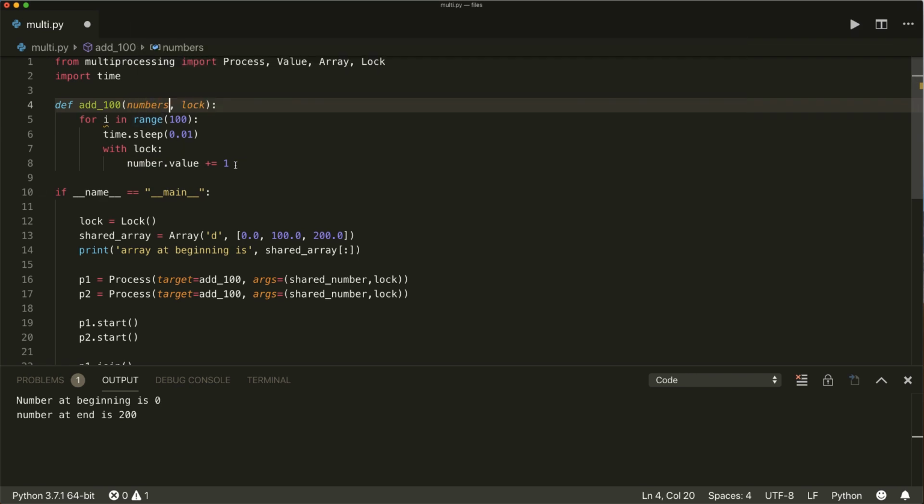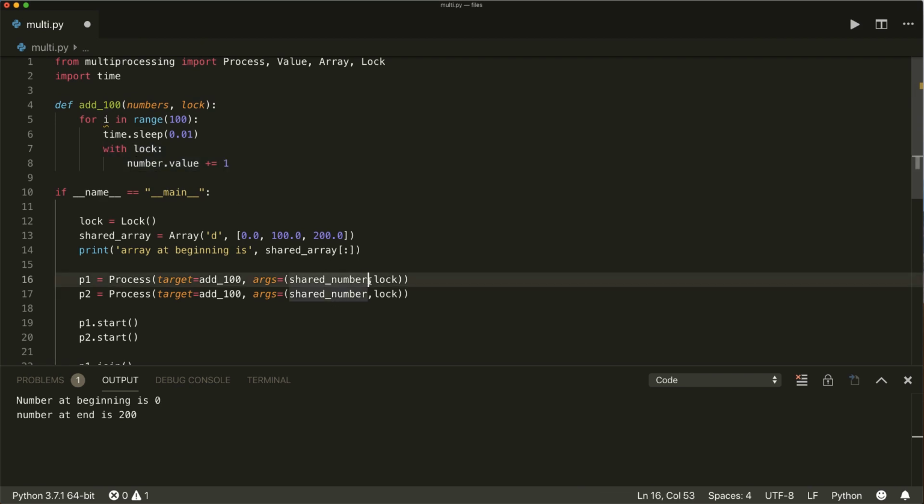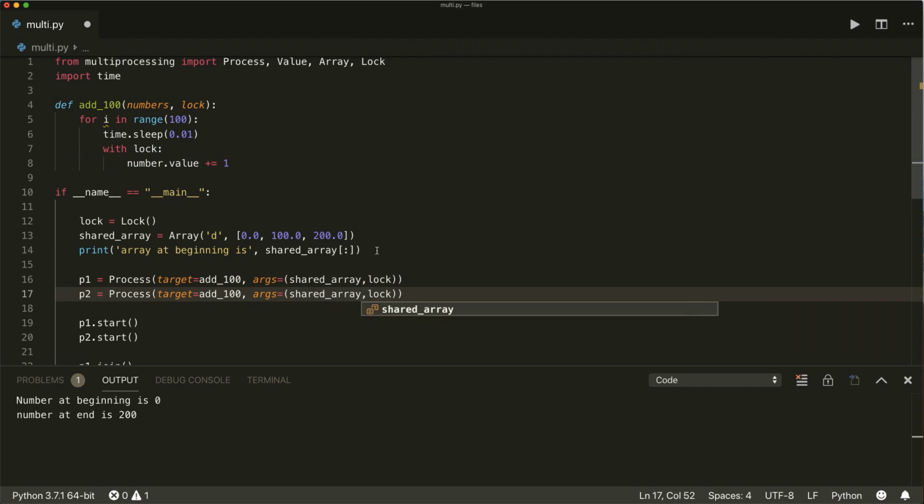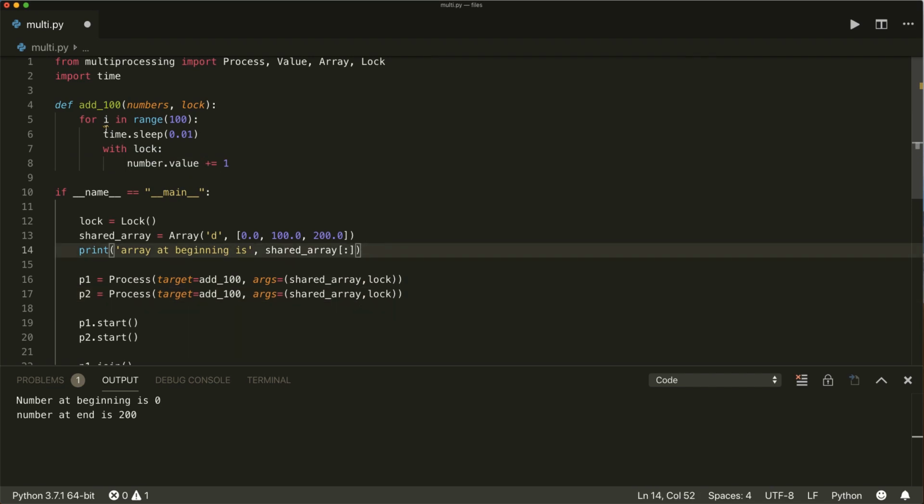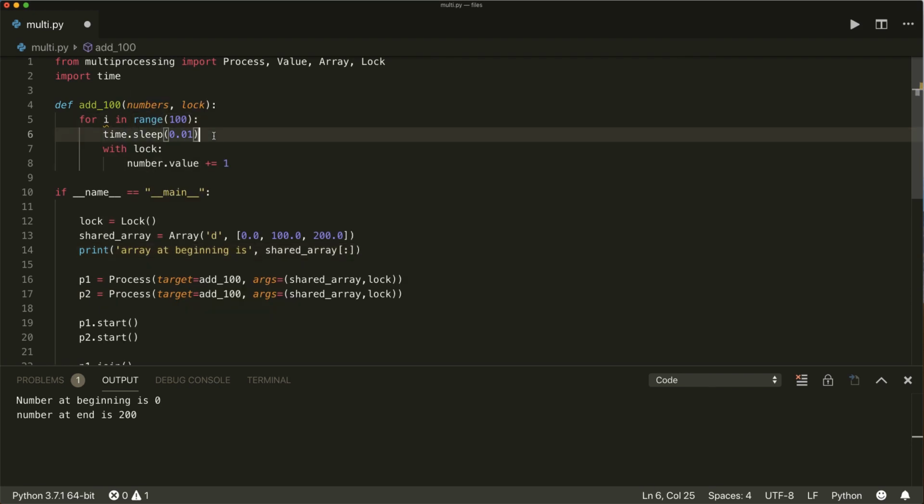And then we have to go over each number here and increase it. So first of all, let's also change this parameter here. So let's say shared_array. And now in our function,